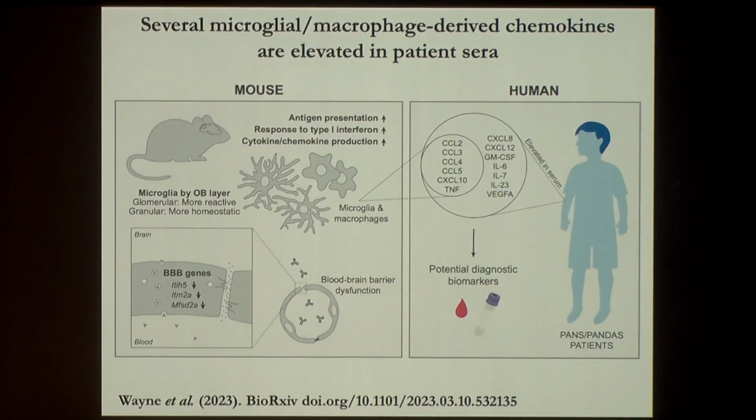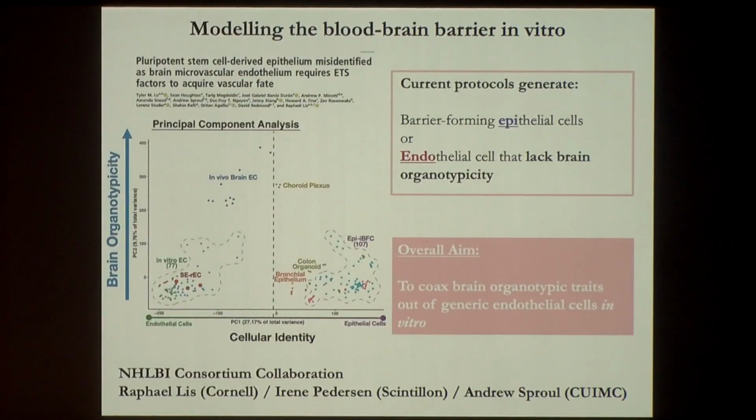But one of the things that we want to test is also, what effect do the sera from the children have on the BBB properties? And this has been an eluding question for us for a while, because we wanted to develop a model of the human BBB that mirrors what happens in the in vivo situation. However, it was very challenging. And it was challenging because, through a study that we did in collaboration with Raphael and Andrew Sproul, Raphael is here and Tyler will be here, we found that indeed a lot of the protocols that were available to the community generated either barrier-forming epithelial cells or endothelial cells that lack brain